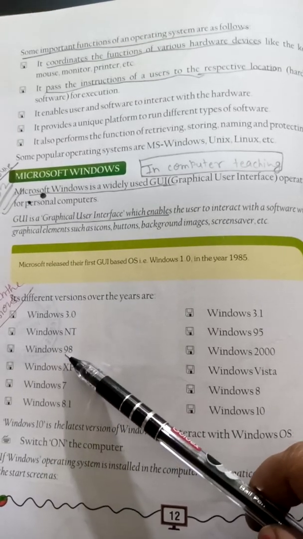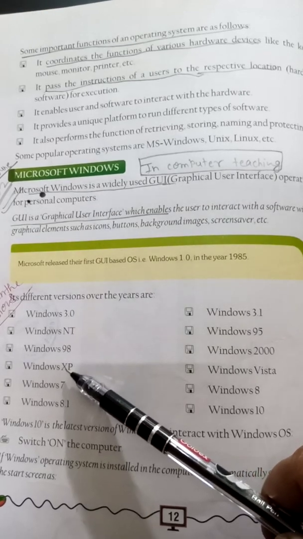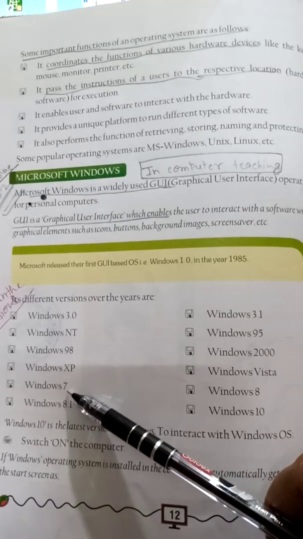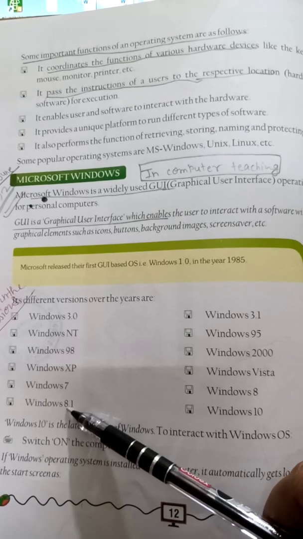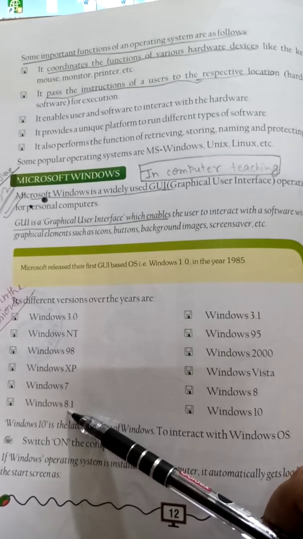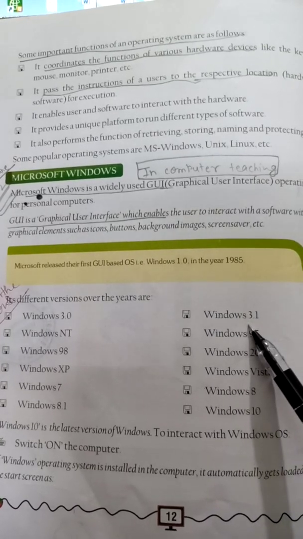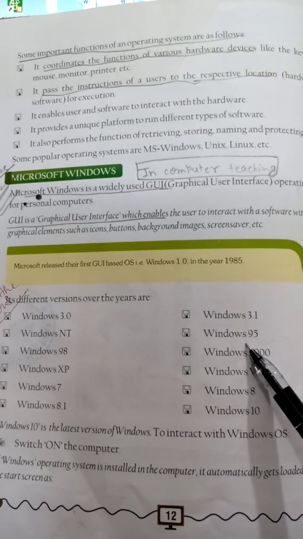The third one is Windows 98. The fourth one is Windows XP. Next is Windows 7. Number 6 is Windows 8.1. Number 7, Windows 3.1. Number 8, Windows 95.